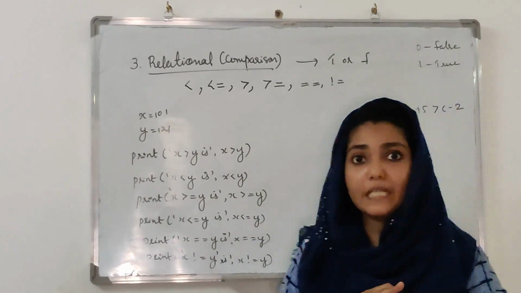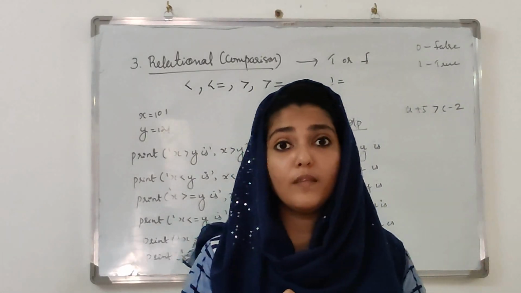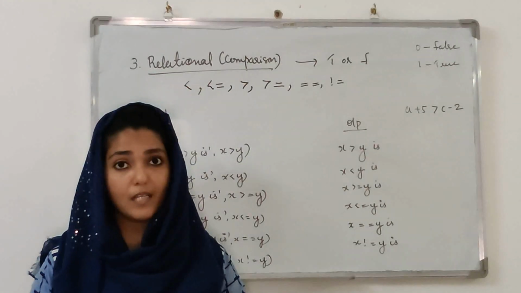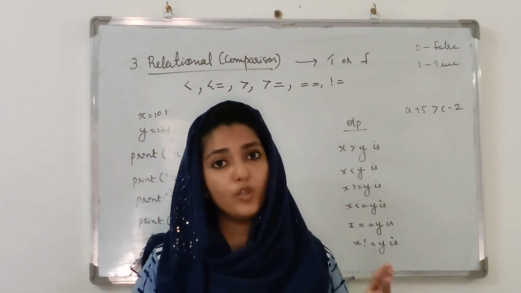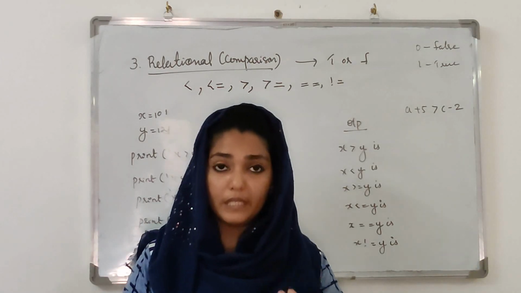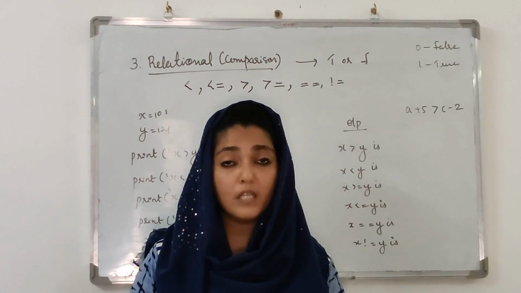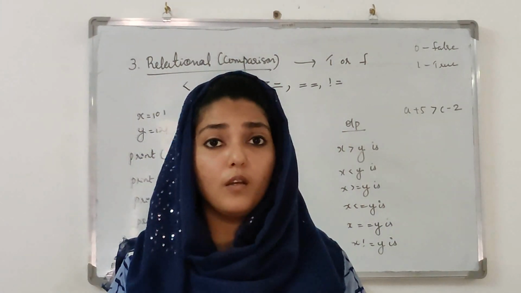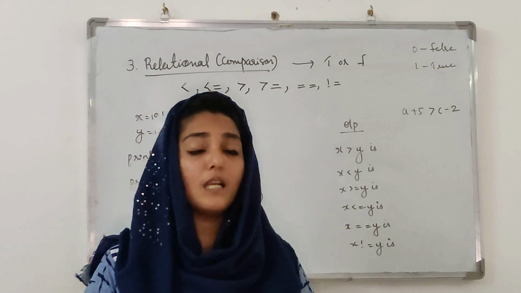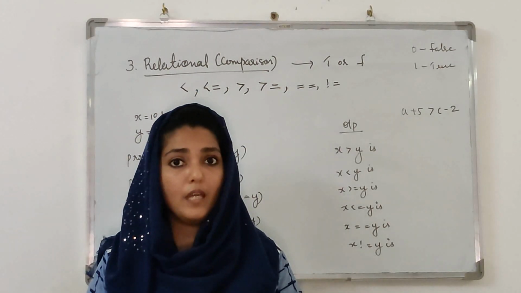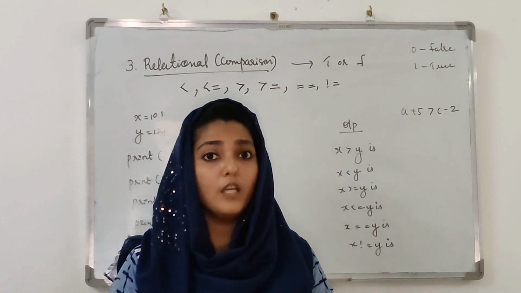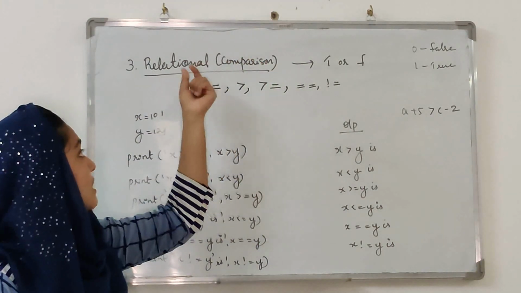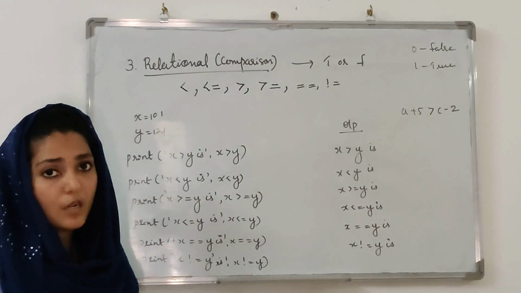What all things did we discuss in our last class? We are dealing with the operators in Python. The operators are broadly classified into two. What are they? Unary and binary. We discussed in detail about unary operators and also the two operators that come under binary. What we studied in our last class: arithmetic operators and assignment operators. Today we are going to study the third type of binary operators, that is the relational or comparison operator.